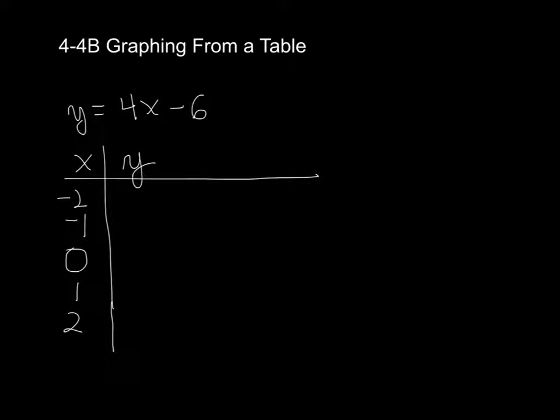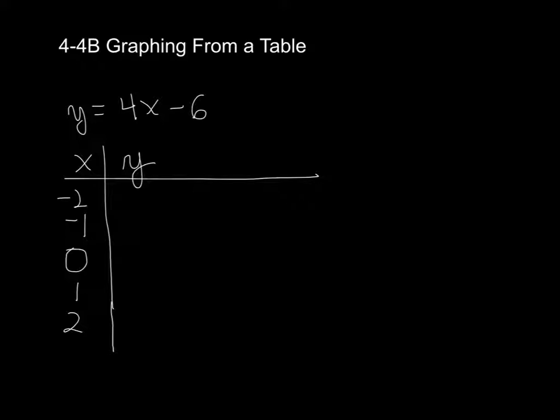Okay, compared to what we have been doing, today's lesson you're going to find to be pretty easy. All we're doing is we're graphing from a table. So it will start out that you will be given an equation, and on the front side they'll already be in slope-intercept form for you. Y will already be by itself. And all you have to do is fill in the table with the correct values and then graph the ordered